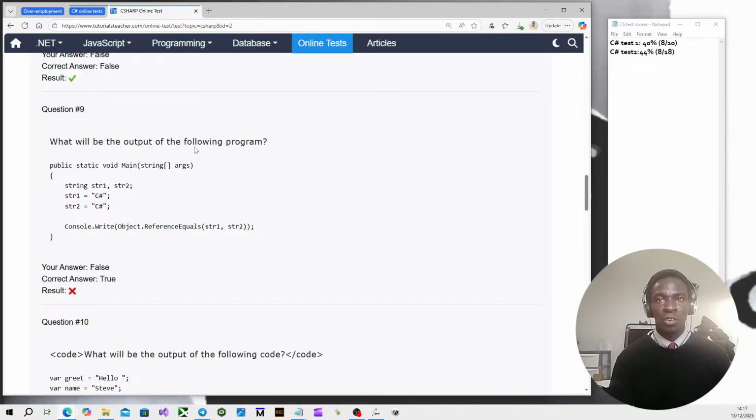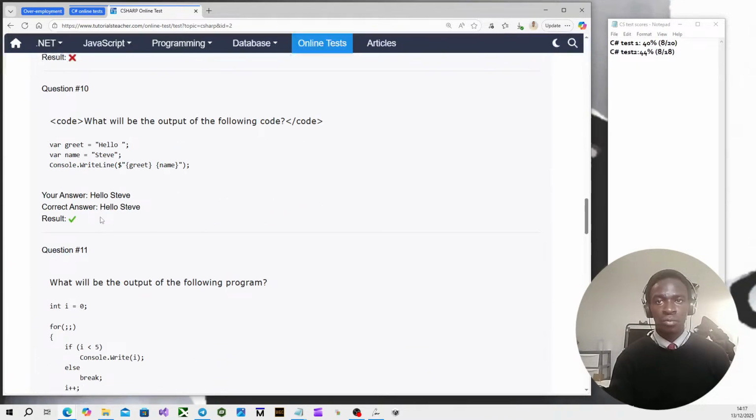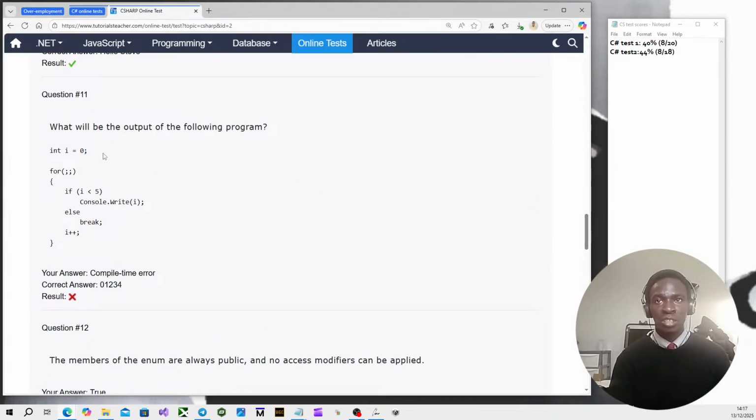What would be the output of the following program? The answer is true. I said false. Question 11, compile time error. The answer is 0, 1, 2, 3, 4. Huh? I don't even recall seeing this. Oh wait, hold on.